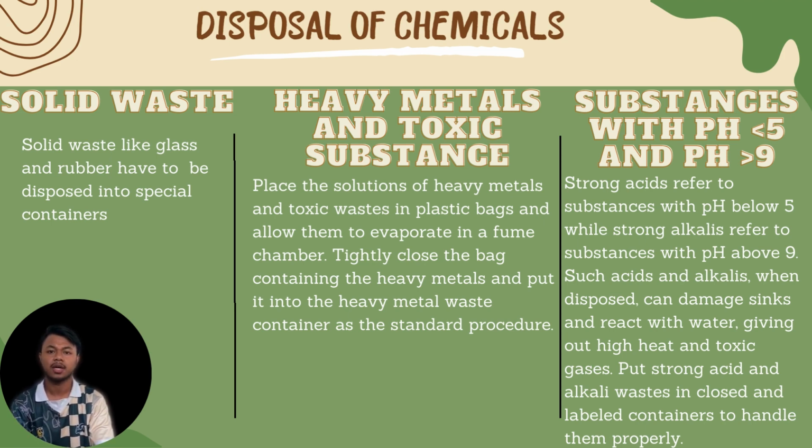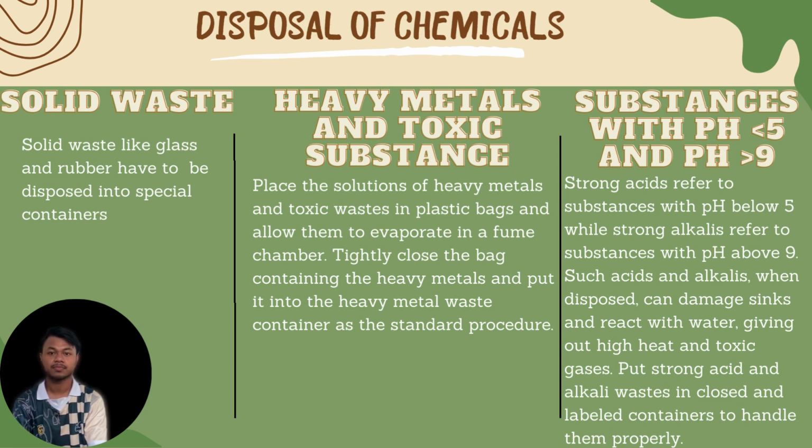If the chemicals are solid waste like glass and rubber, they must be disposed into a special container. Next, if the chemicals are heavy metals and toxic substance, you must place the solution of heavy metals and toxic waste in plastic bags and allow them to evaporate in a fume chamber. Tightly close the bag containing the heavy metals and put it into the heavy metal waste container as the standard